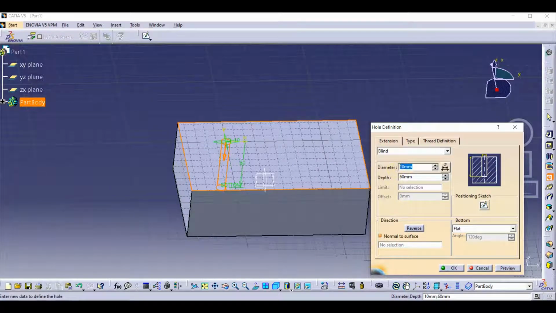You can change the diameter. Simply we are going to change it to 20. You can use the depth 60 and we can change it to 50, and also you can reverse the direction. Below you can change it flat or V bottom. You can change. Okay, so we want the flat,